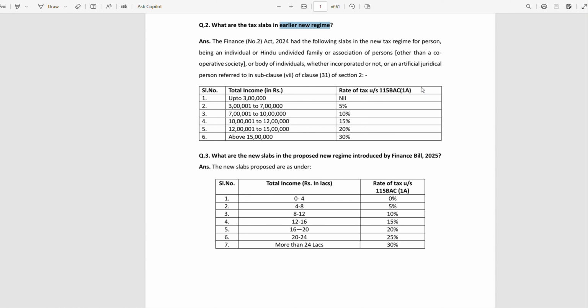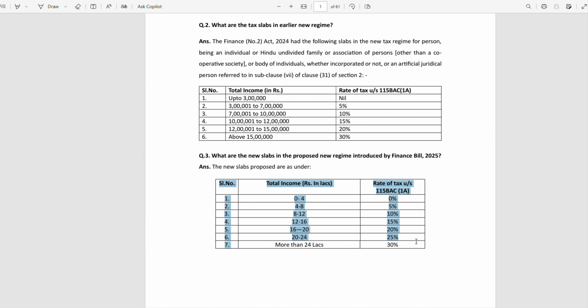Hi there. So yesterday we got the new tax regime. A few additions to the existing new tax regime. So in this video we'll just consider the new tax regime. I'll make another video for the old tax regime. Yesterday, on 1st February, we got the new tax slab as per the new tax regime.